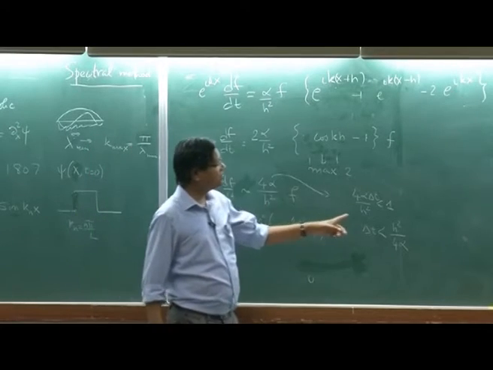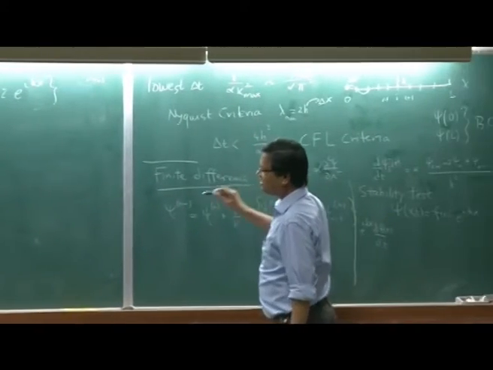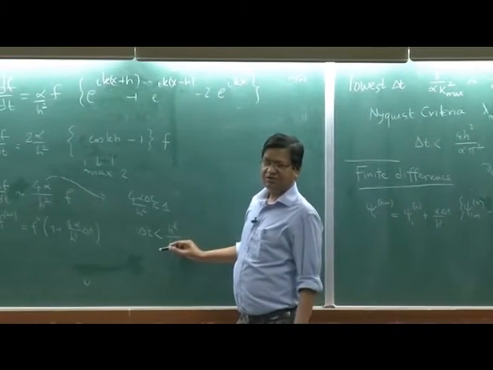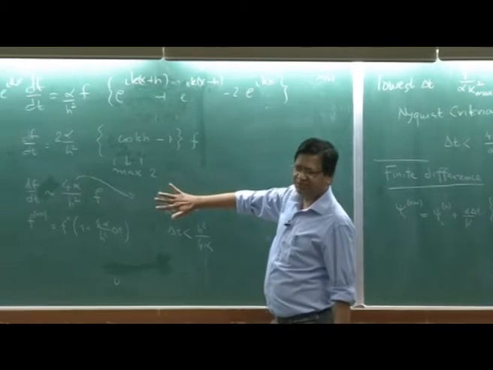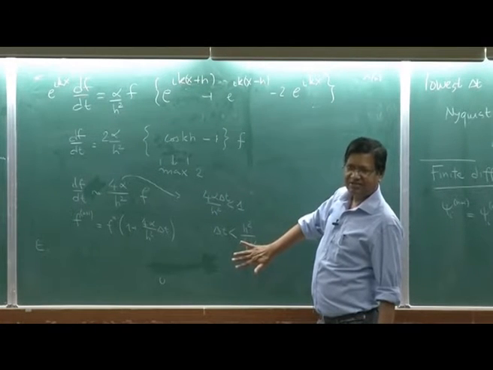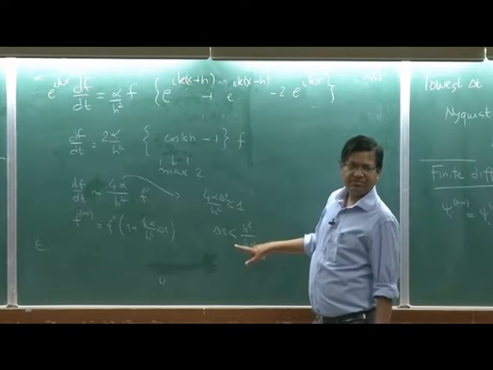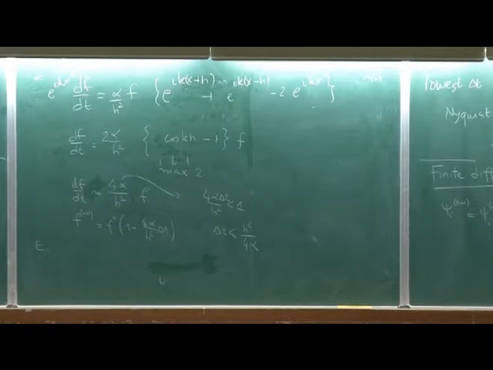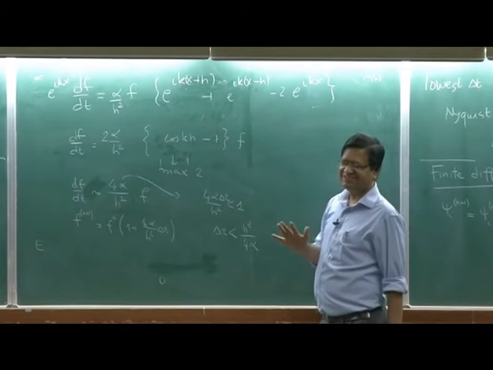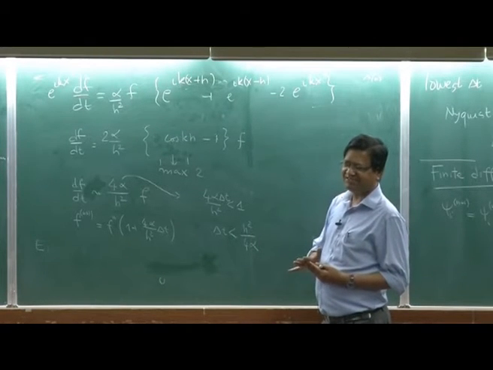Okay, so the constants are different. H squared by alpha is common, but here I get 4 by pi squared and here I get 1 by 4. So for finite difference, this analysis will tell you that the system is stable when my delta t is less than this. So given alpha and h, I can estimate my delta t min, and whatever you get from the estimate, you decrease it even further by a factor, maybe for you I would say factor 10, just bring it down by factor 10 or at least factor 5.